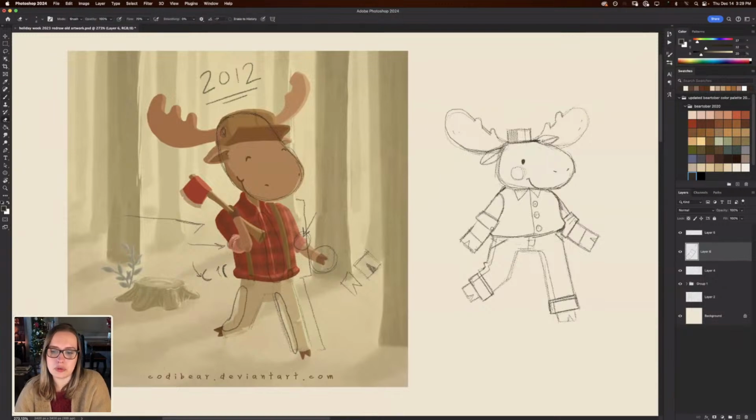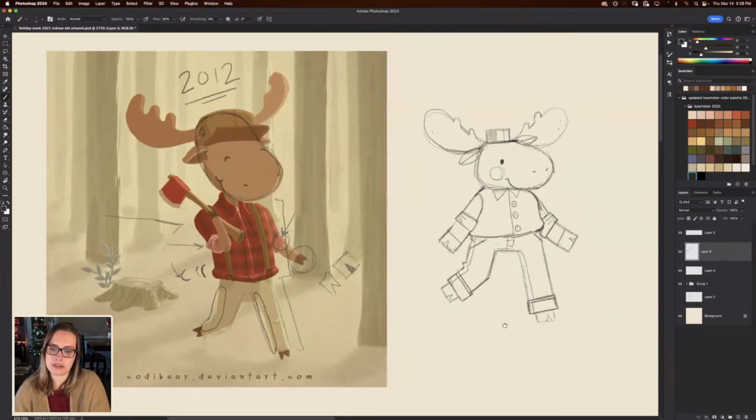And then I just draw a little bit outside of that original line to create the volume for the shirt sleeve cuff. Same with the pant cuffs. The pant cuffs were all one line, and then I just added a little bit of volume outside of those lines to create the cuff.